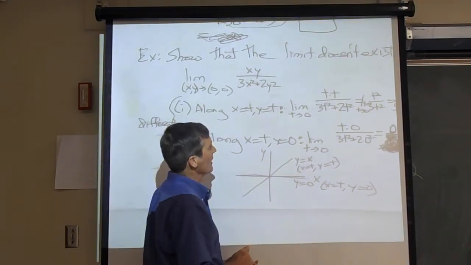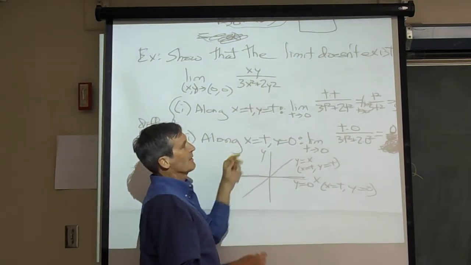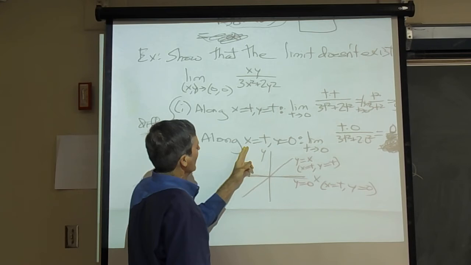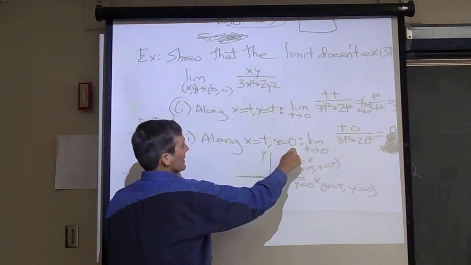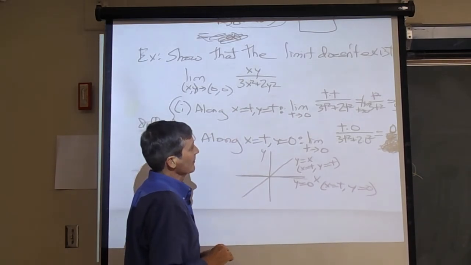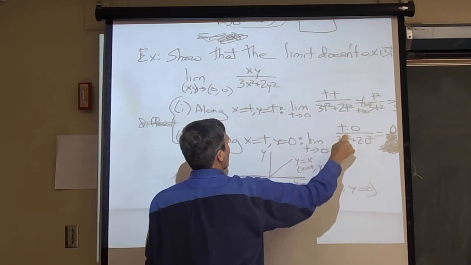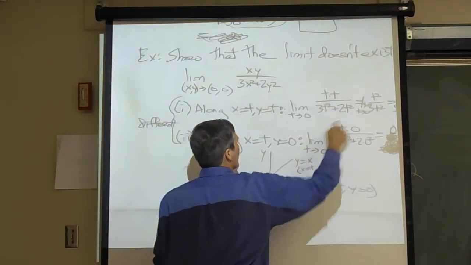So the limit approaching the origin, 0, 0 along this path, the line y equals x, the limit is 1/5. Now, if the limit of the function of two variables exists, then the limit along every path has to give that same number. Suppose we approach the origin along the x-axis this time. We could write that parametrically as x equals t, y equals 0. Along that path, we get t times 0 on the top over 3 times t squared plus 2 times 0 squared. And look, the top is 0 no matter what